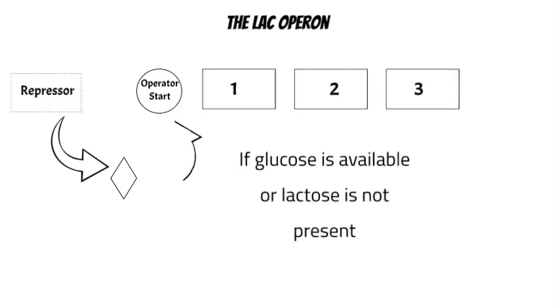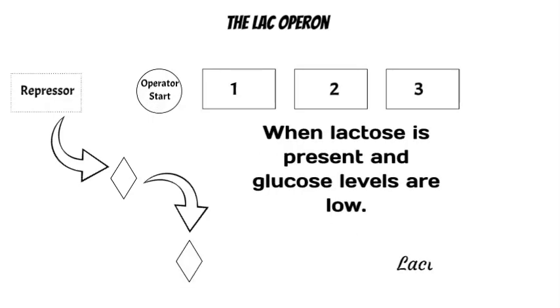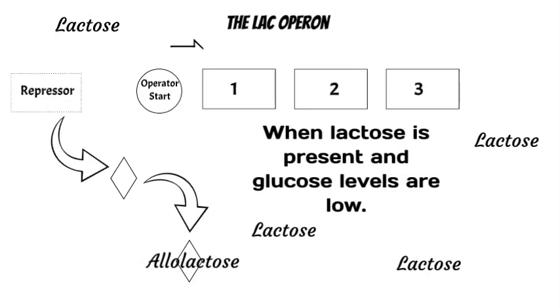This physically blocks the RNA polymerase from binding to the DNA and transcribing these genes. So if lactose is missing from the medium, no enzymes to digest lactose are produced. So when lactose is present in the growth medium, an isomer, a different chemical shape of lactose called allolactose, is also present. When allolactose binds to the repressor protein, it disengages from the operator sequence, making the operator available to